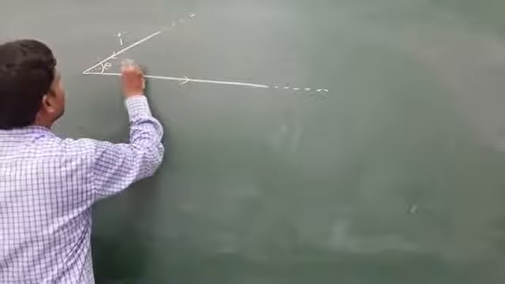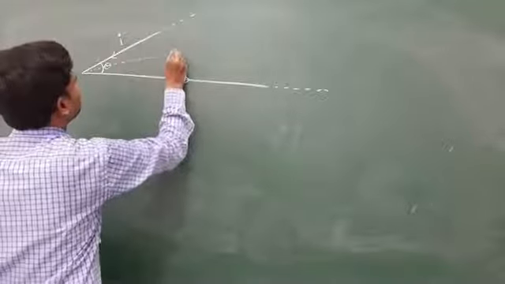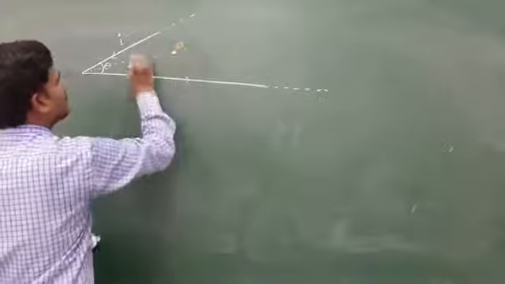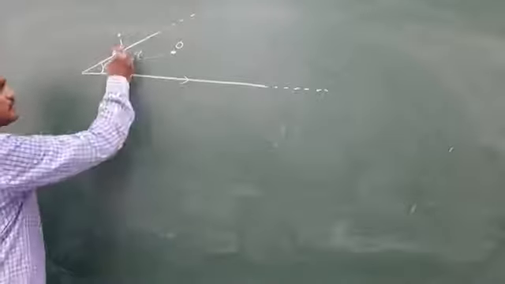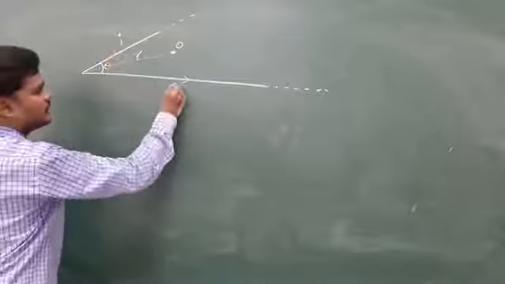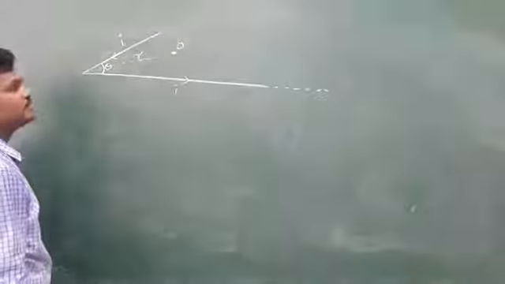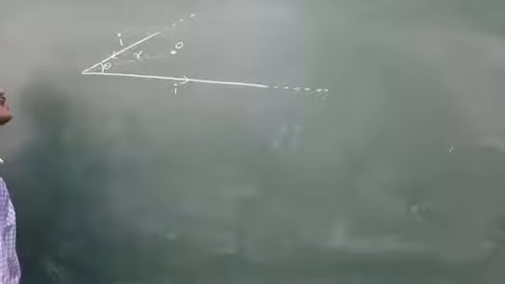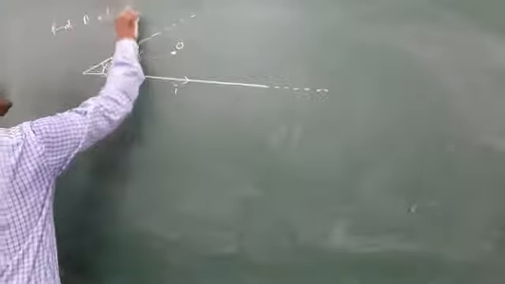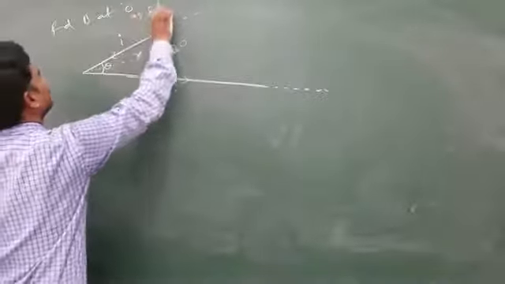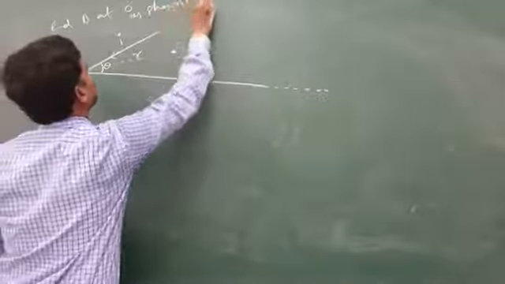They are asking to find the magnetic field of induction at this point O at a distance of R. See the question here. Two wires, otherwise one wire bent is also not wrong. So two infinite wires carrying current I. Now the target is to find the field at O. Find B at O, that is shown in the figure. So this is the target.